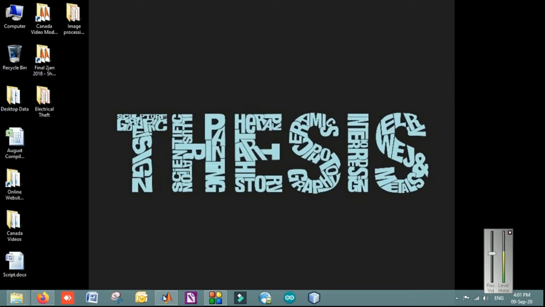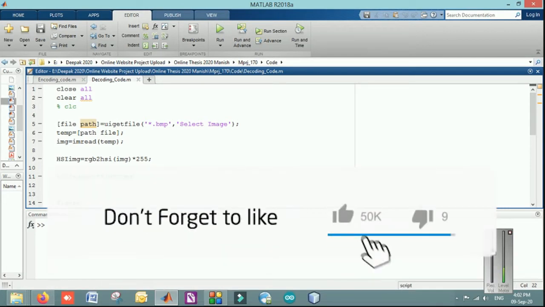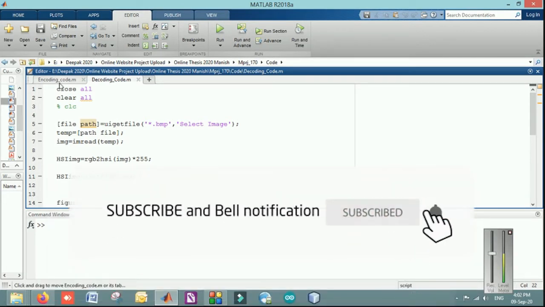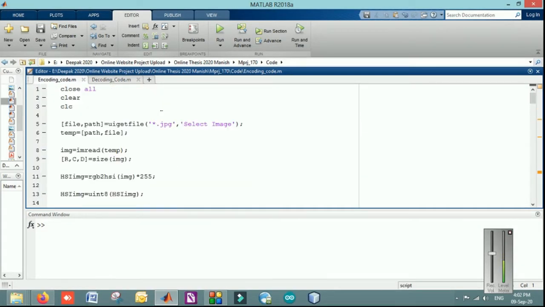Today I'm here to present one of the emerging topics for MTech or PhD research work, that is image steganography. You might have heard about this, that it is an image processing topic, and some of you are thinking that it has already been done by a number of people, so what exactly is new in it. So let's first have a look at what exactly we are doing.